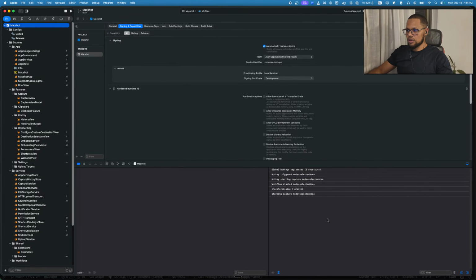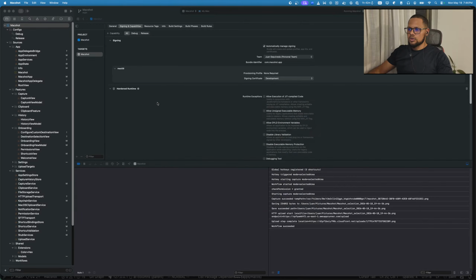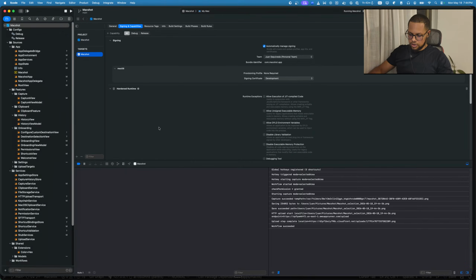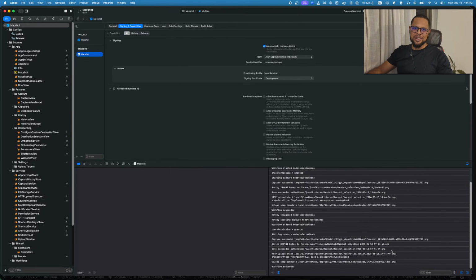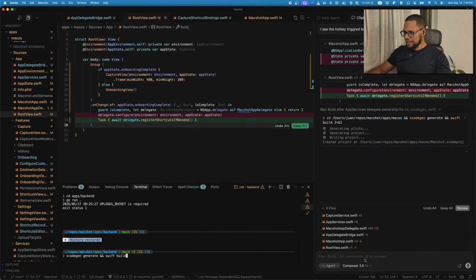Okay, so it's working. And let me close the window, but I did not quit Mac Chat. And if I do another screenshot, yes, it is working. Nice. That is very nice. Okay, so let's try to do the last thing, and that is